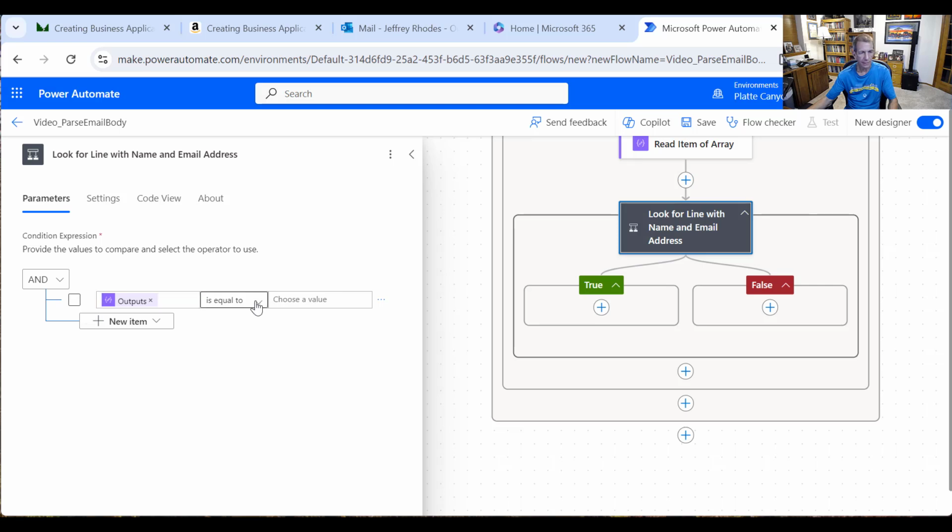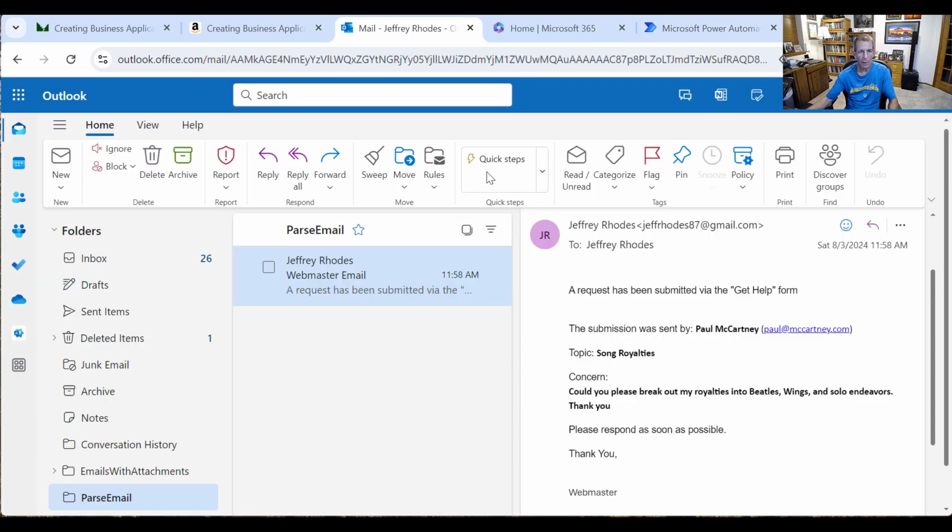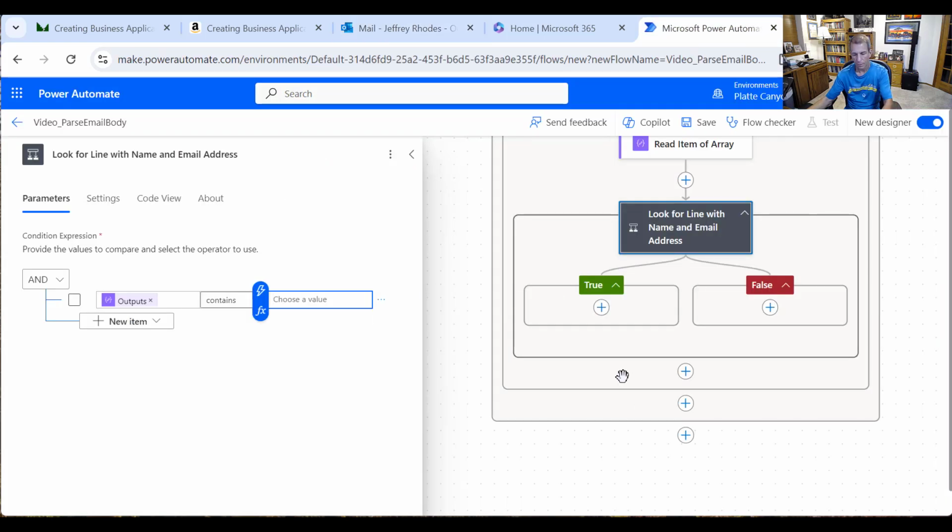And if we say contains, and we go back to our email, we really want this part, right? Like that. So I just paste it. So it contains the submission was sent by colon. That's almost certainly not to be anywhere else in there. So if it's true,